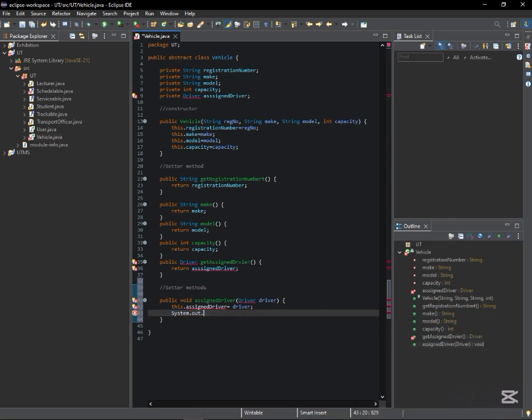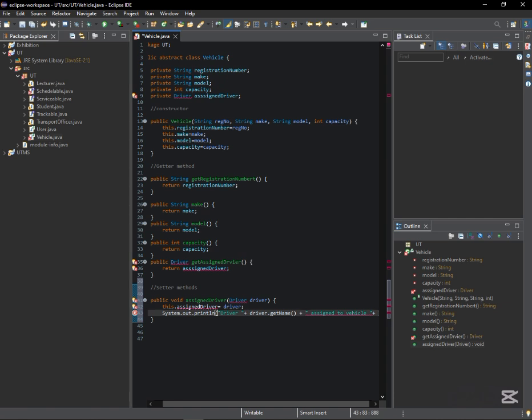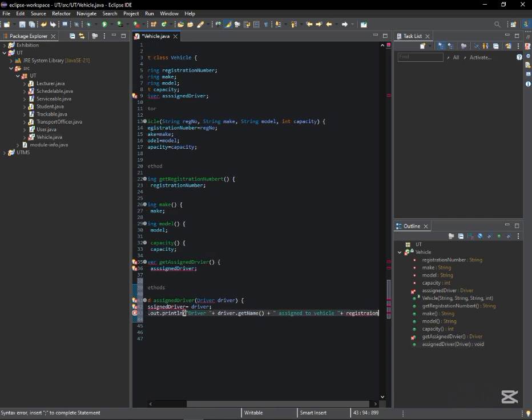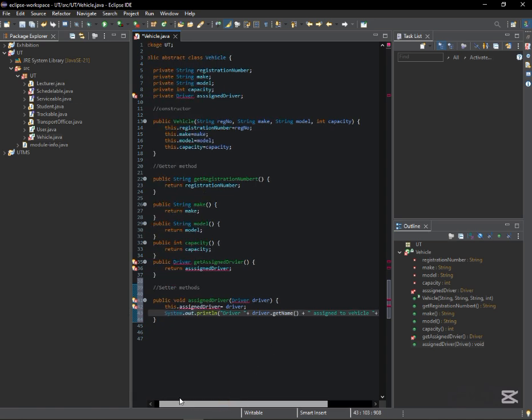system.out.println. The print line is going to be that driver, then we add driver.get, the name of the driver method, then we add assigned to vehicle, then the registration number of the vehicle, so we add the registration number of the vehicle, then put our semicolon. So by doing that, is going to be our overall